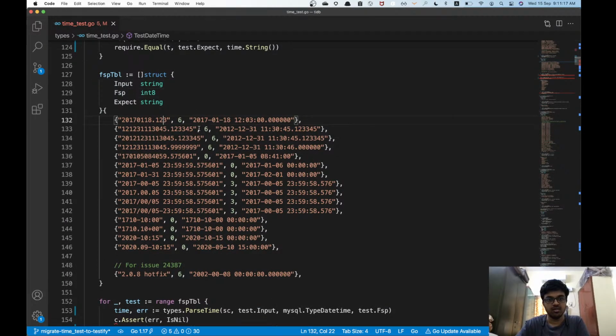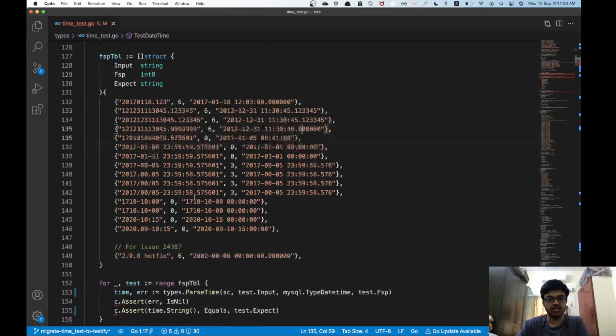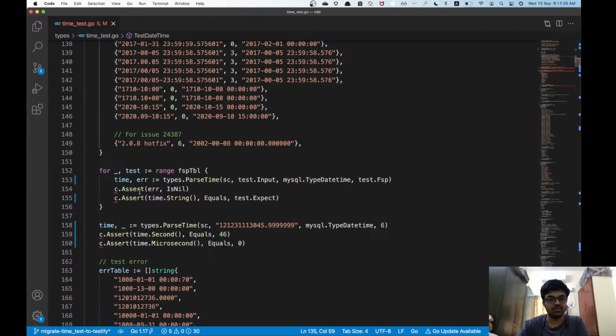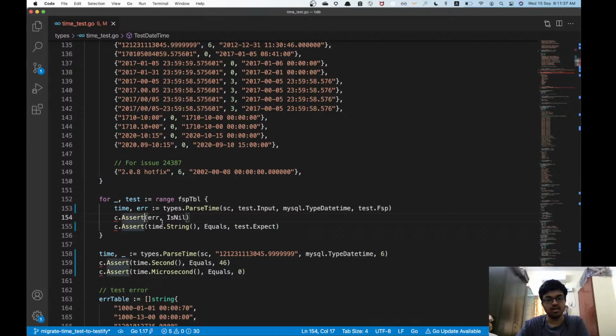So it looks like there is some sort of 6 and 2, 4, 2, 4, 6. Is that what this is about? Hmm, I guess so. I don't know if that's what fractional seconds part is. Come back to it.